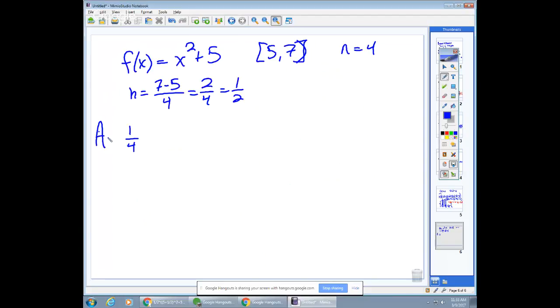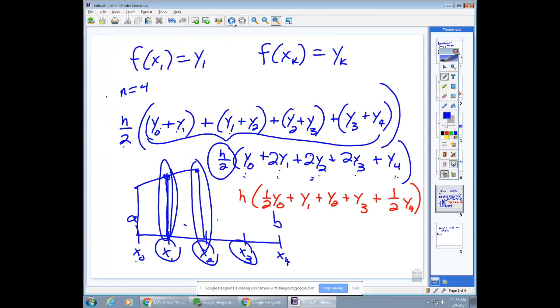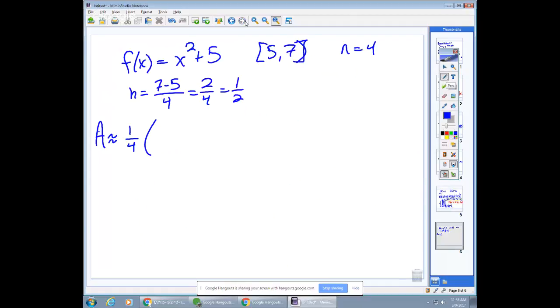So I'm trying to approximate the area now. So I'm gonna have 1/4 times, and using this formula right there, I just pick the first, the 0th y value. Plugging in 5, I'm gonna have 5 squared plus 5, that's y0, plus 2 times y1, and